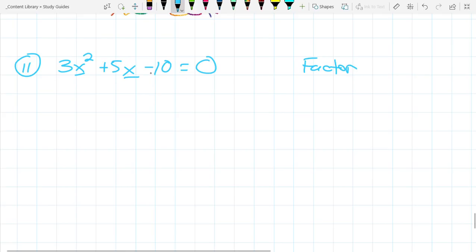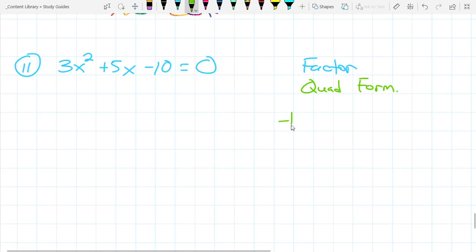Factoring, though, will not work. We'd have to use the big diamond, which would mean what adds to give you a 5, but multiplies to give you a negative 30, and there aren't any numbers that actually make that work. So factoring is off the table, unfortunately, because that's always the quickest. So therefore, we move into the quadratic formula,